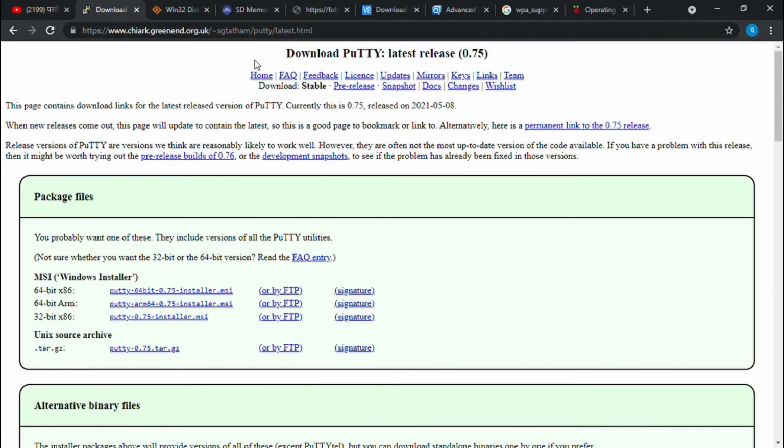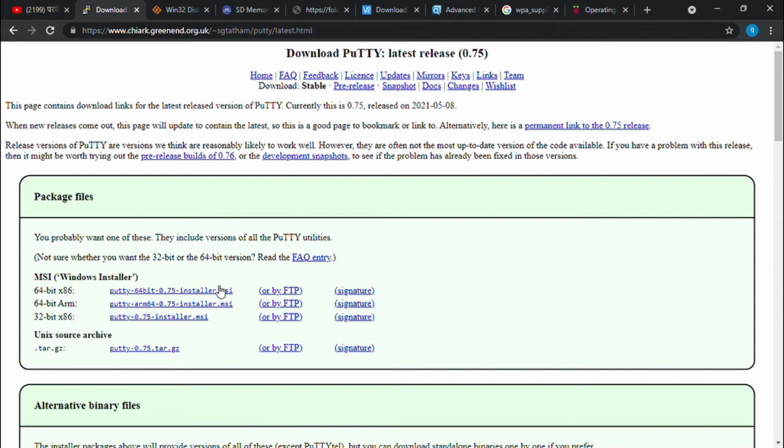See, the first thing is you need to download PuTTY. The links are going to be in my description. I have already told you. So select according to your bit, meaning according to your laptop's bit. If your laptop is 64-bit, then select 64-bit x86. If your laptop is 32-bit, then you can use this one. Okay, no need to choose this middle one. Just select either this or this, according to your laptop's bit.